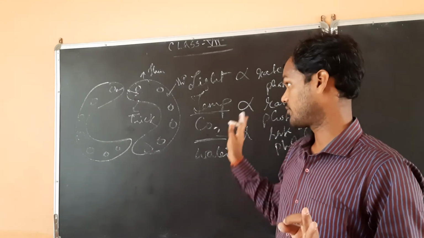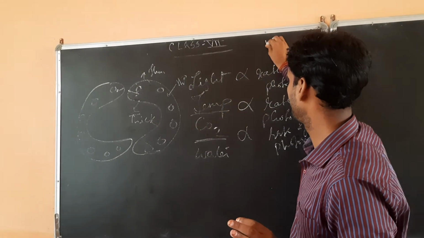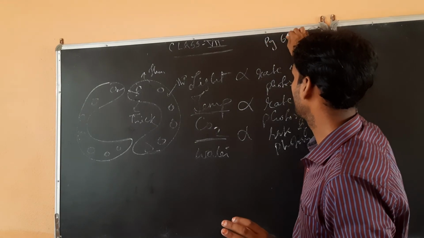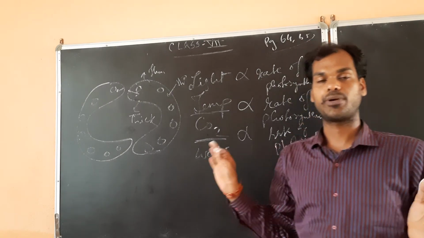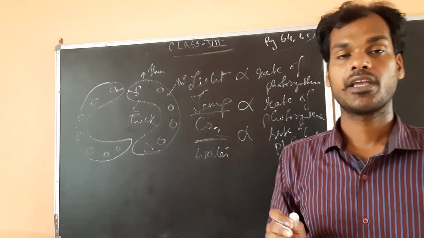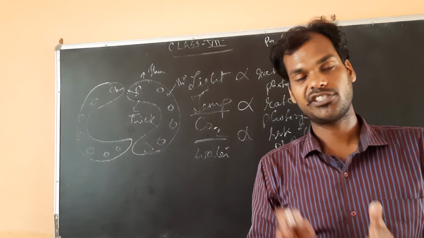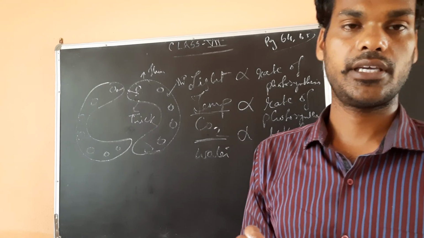So till today we have completed this much. We have completed up to page number 64, 65. We have seen the experiments and the stomata also. Your work is to read the book properly, and the rest of this chapter we will study in the next class. Okay. Thank you.